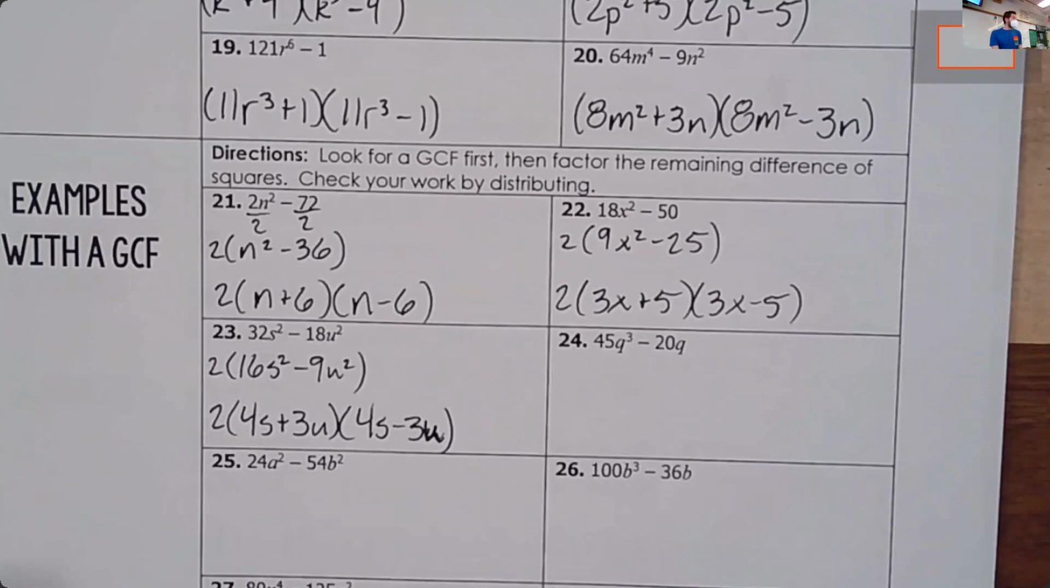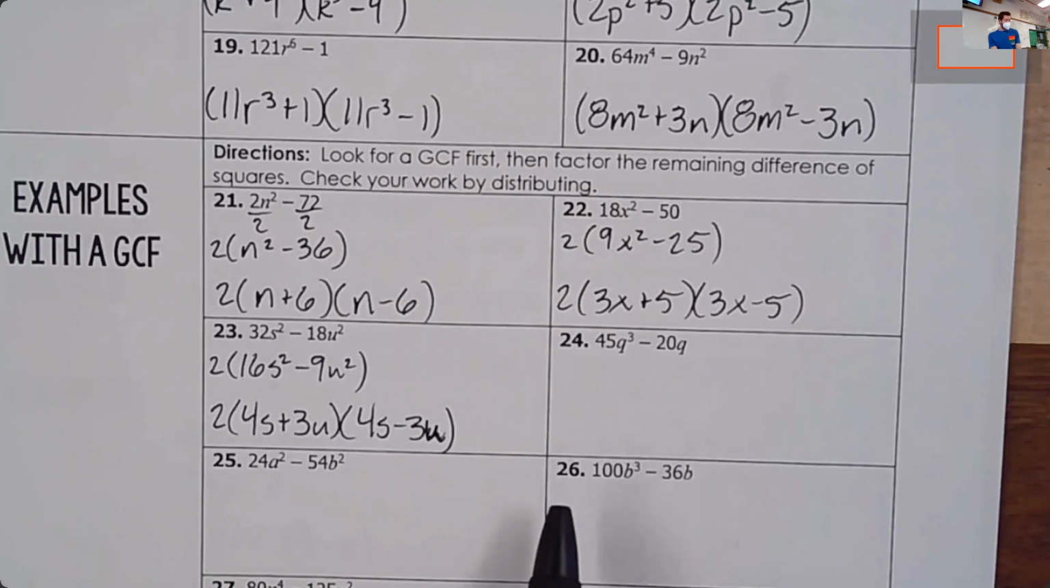Now, this is where it gets a little weird. Just because these two numbers are perfect squares, which they are, 10 times 10, 6 times 6, doesn't mean that we can't still factor out a number first. Not only that, this will be our first example where we can factor out both a number and a variable first. So